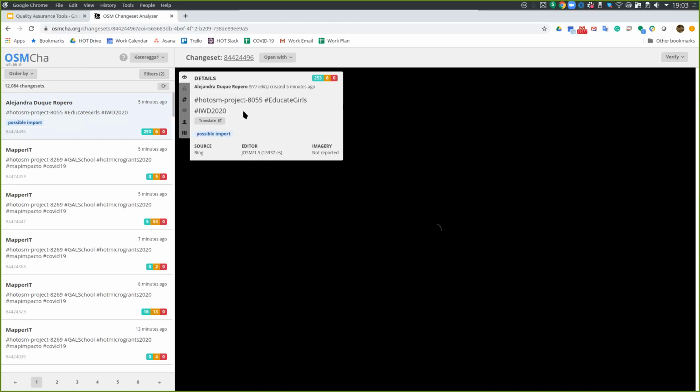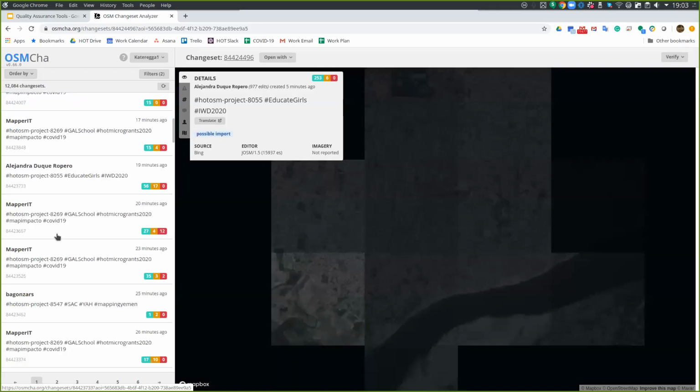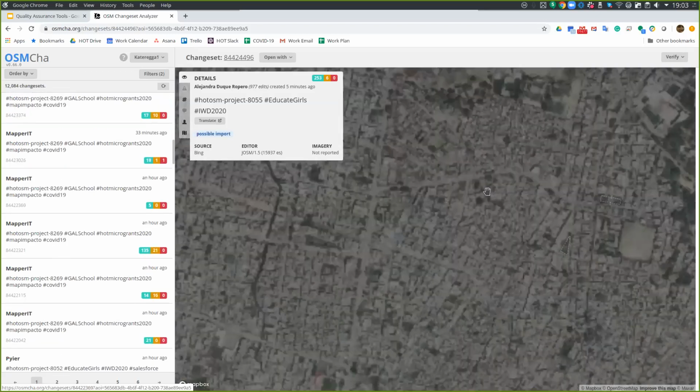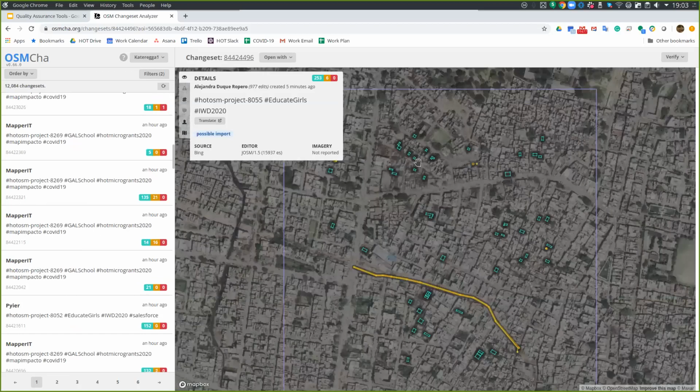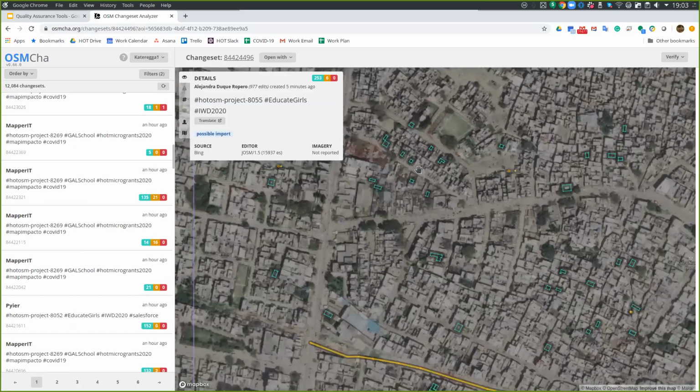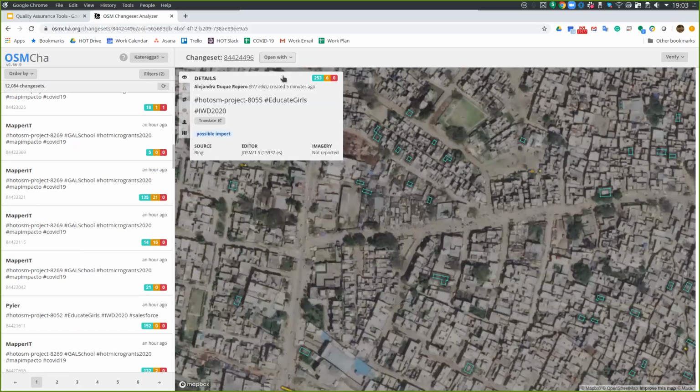So she was mapping on the Educate Girls project. I can see Mapper IT. So I can see who has been making changes today. You can see the edits, the contributions that she has made. And I can say, okay, I want to open this in JOSM just to